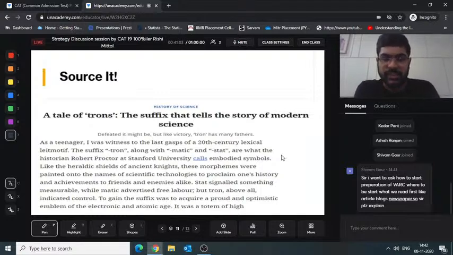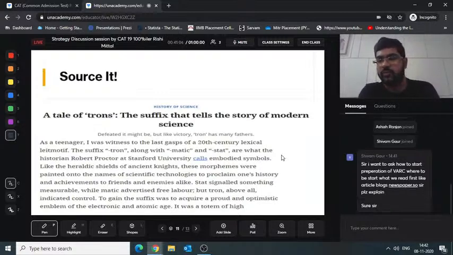So just source it and read that article and do this for every question, every mock that you've given so far. Once you do that, you'll understand how these articles are written, how the authors think, how there is cogency in the flow of thoughts, in the flow of ideas. Okay. This is something not a lot of people do or know, but I would personally recommend that you do this.